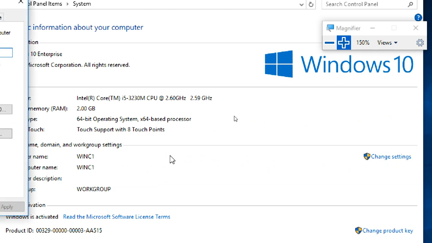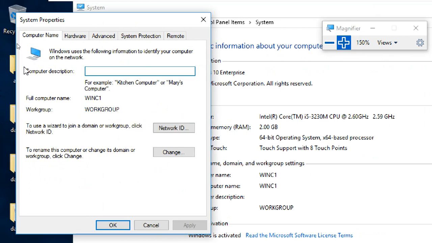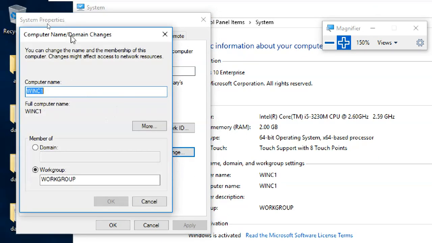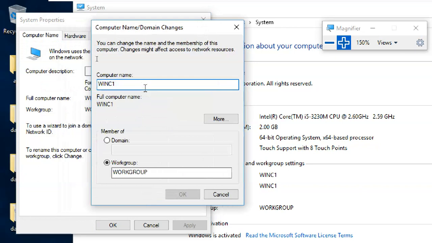Do you remember how to change the computer name? The same way we will change the names. Computer name change. I'm not changing the computer name. If you want to change the computer name now, you can change it. No problem. You can change it also. But I already gave it, so that is good for me.